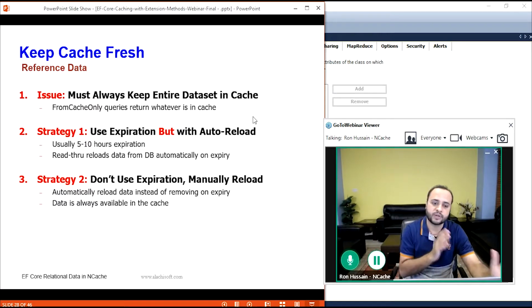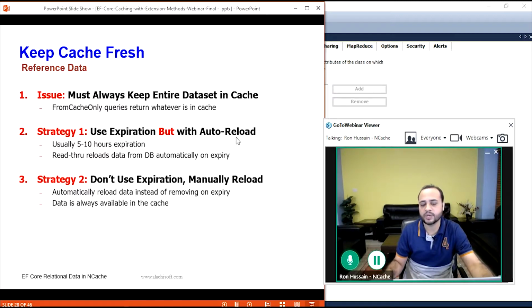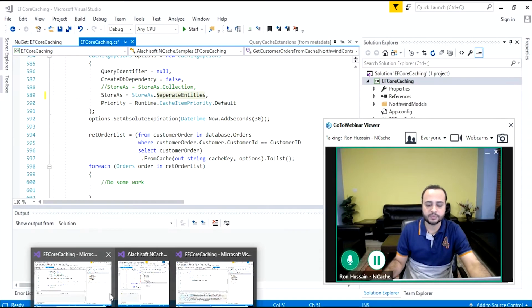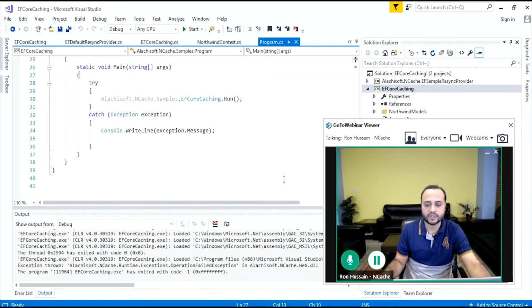First of all, for reference data, you need the entire data in the cache, as single entities, and you only use it from the cache. So there are two options, two ways you can handle this. One is that you use expiration, but with the auto reload feature. NCache has implemented this auto reload feature, and we have a sample implementation as part of this. If I quickly show you this,